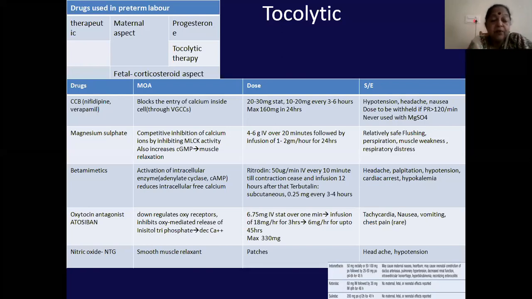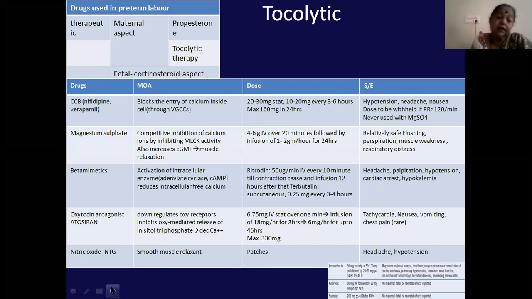Atosiban, I have already told you the dosages. The side effects are tachycardia, nausea and vomiting, which are very few. You can also use nitric oxide patches. The patches can be changed 8 hourly, and hypotension is another factor. The most